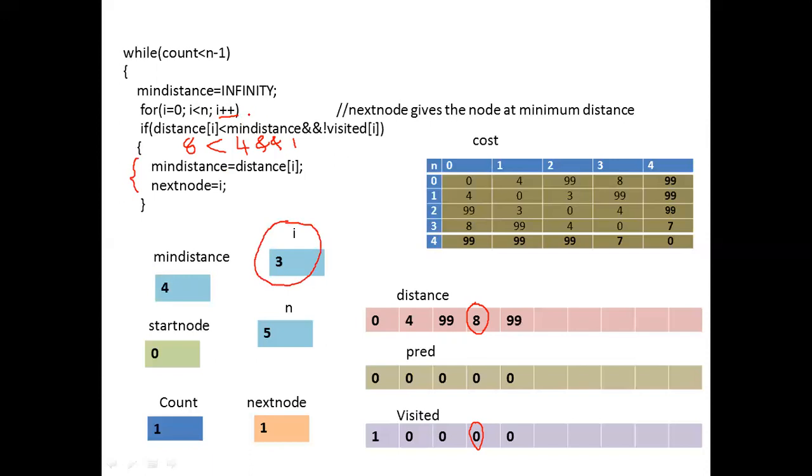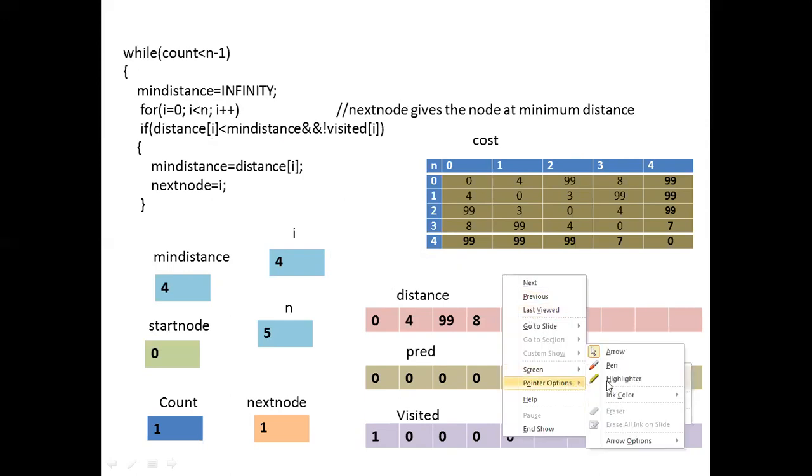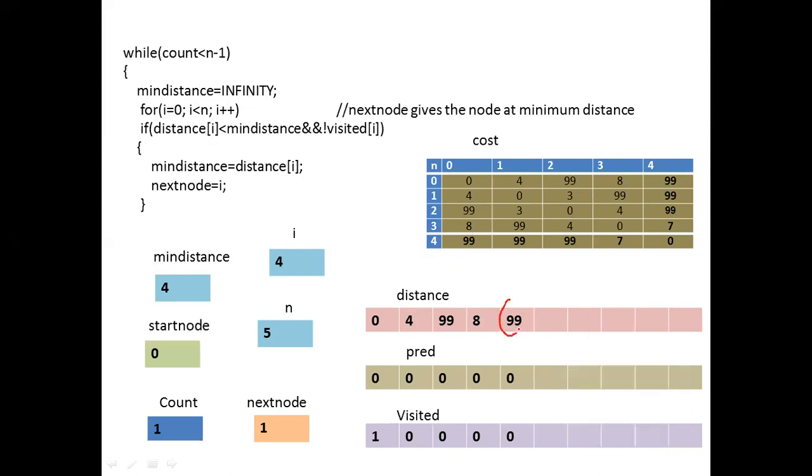Once I value is incremented, now I value will become 4. Now it will check the condition. 4 is less than 5. Condition is true. Then it will check with this, that is distance of 4. Distance of 4 value is 99. Here you can observe distance of 4 is 99. 99 less than mean distance value 4, ampersand with this, which is also 1. Now the condition fails, then these two statements won't execute.